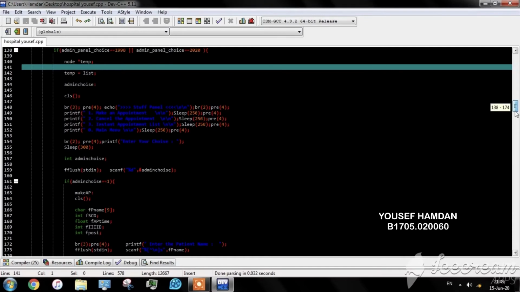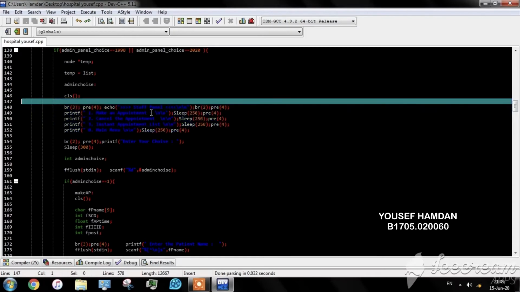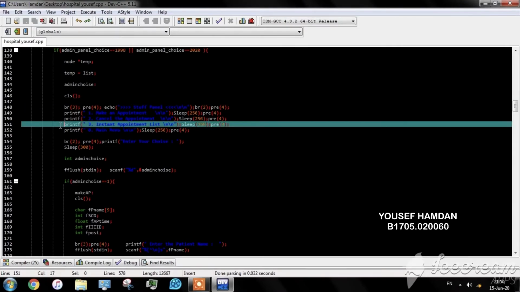If he enters any other number, he will go back to the main menu. But if he puts in the correct number, he will have these 4 choices from the staff panel: to make an appointment, cancel an appointment, and also to see the instant appointment list. And this step is to get faster in the list. Also here, if he presses 0, he will go to the main menu,